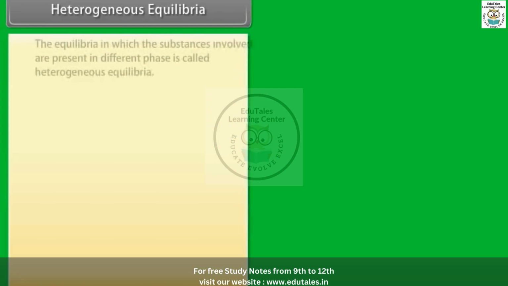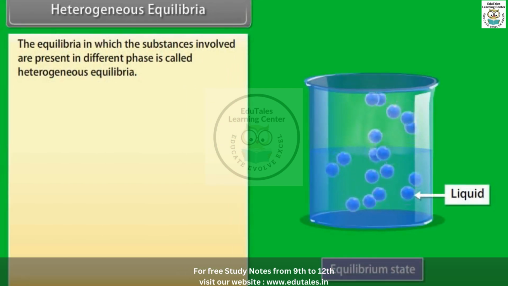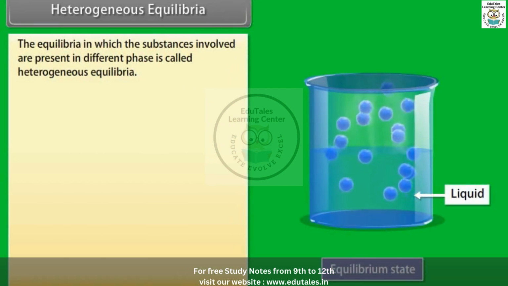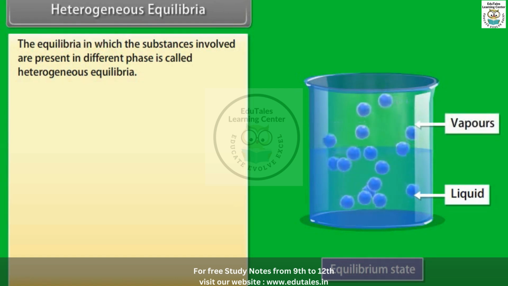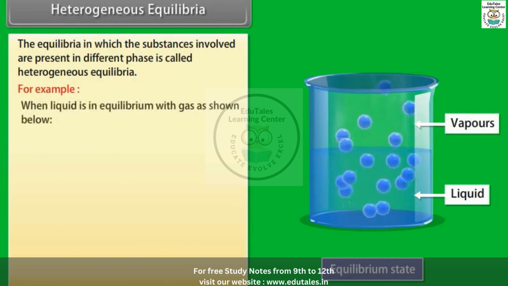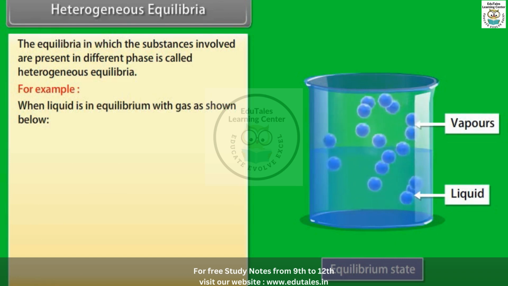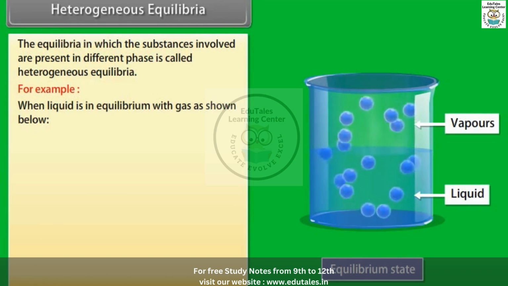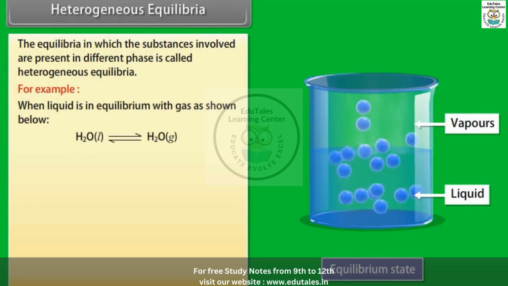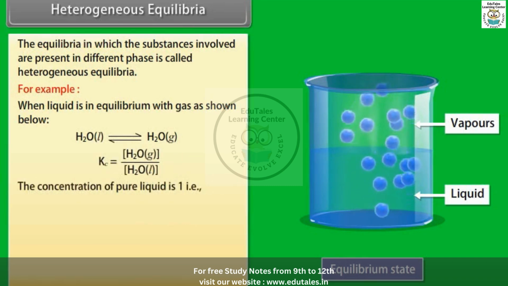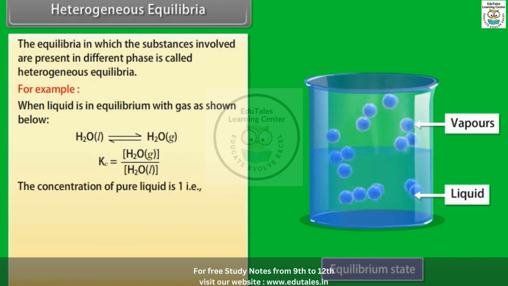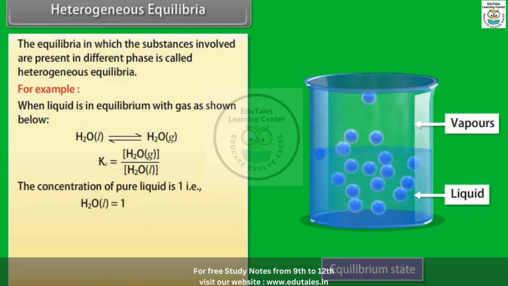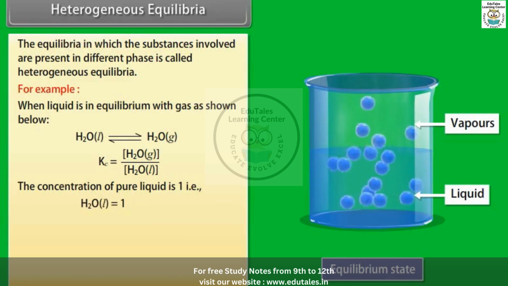Heterogeneous equilibria. The equilibria in which the substances involved are present in different phases are called heterogeneous equilibria. For example, when liquid is in equilibrium with gas as shown below, the equilibrium constant is, the concentration of pure liquid is 1, that is, H2O in liquid form is equal to 1. Hence,